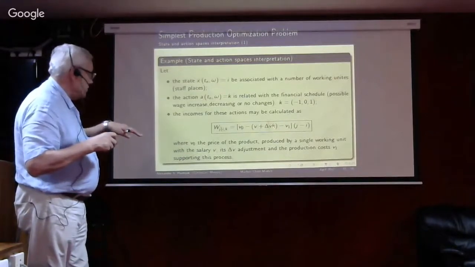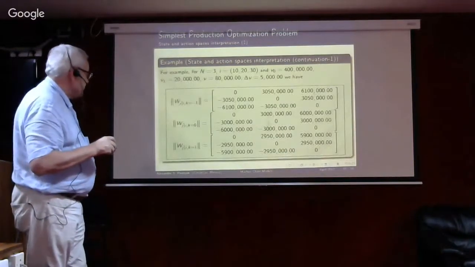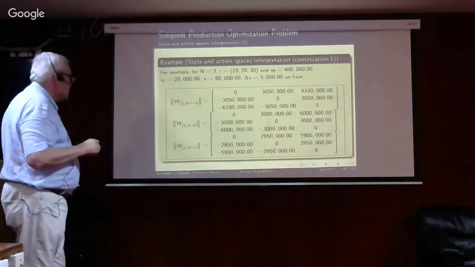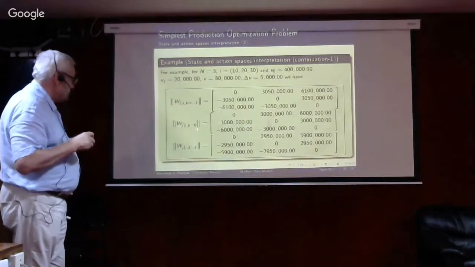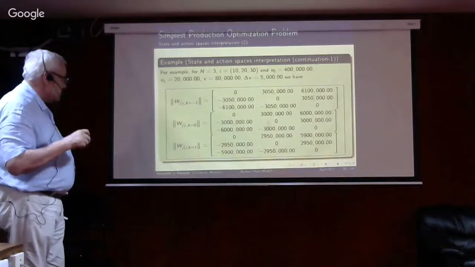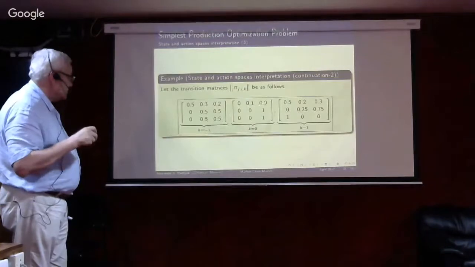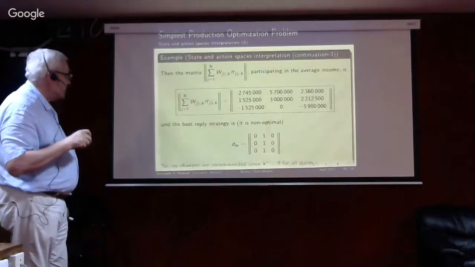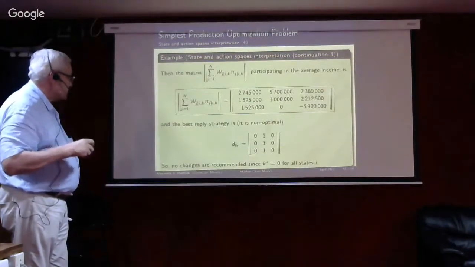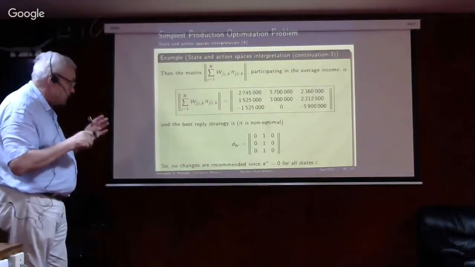If we have more workers, we should pay more. It's possible to arrange the model. In this case, we can consider three possible controllers: -1, 0, and 1. It looks like this. These are the incomes of the plant, and we consider these transitions in three models of this case. Finally, we design this strategy. The best reply is this one, but it's not optimal.